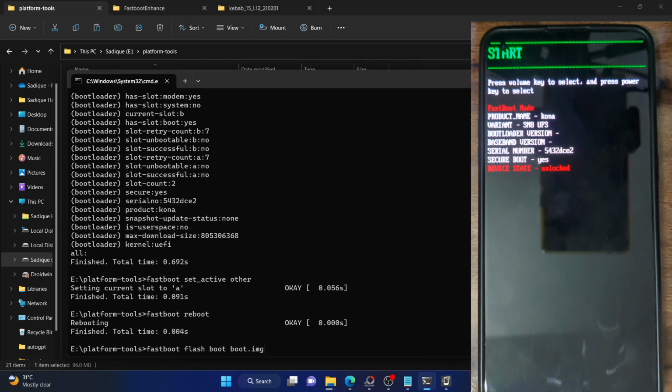This will flash the stock boot.img file to the boot partition, and once the flashing is done, simply use the fastboot reboot command and your phone should boot to the OS. If you have used the current firmware, then your phone will definitely boot to the OS. However, this will only happen if you are stuck in a boot loop while obtaining root. If you are in a boot loop while flashing a custom ROM, then simply flashing the boot.img file will not do any good. So in that case, you will have to flash the entire firmware.